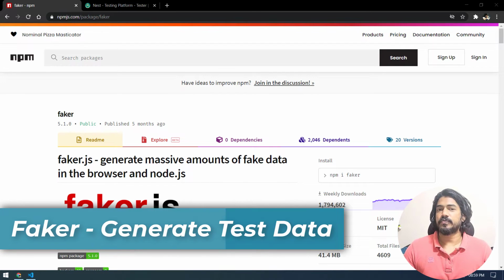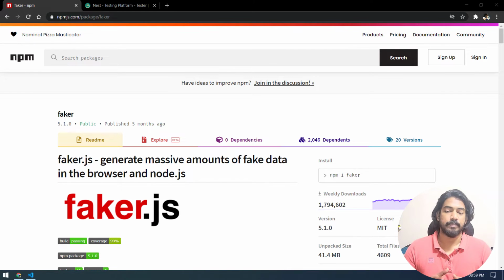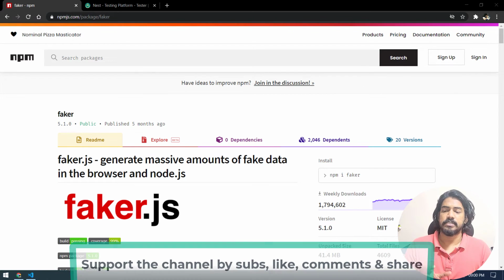So today in this video, we're going to learn how to generate test data with the help of the Faker API. Faker is used in the browsers just to generate some metadata, like the first name, last name, and some information related to any users. It's basically built on fake data. That means it will just generate some random names, but those names make sense. They're readable names.